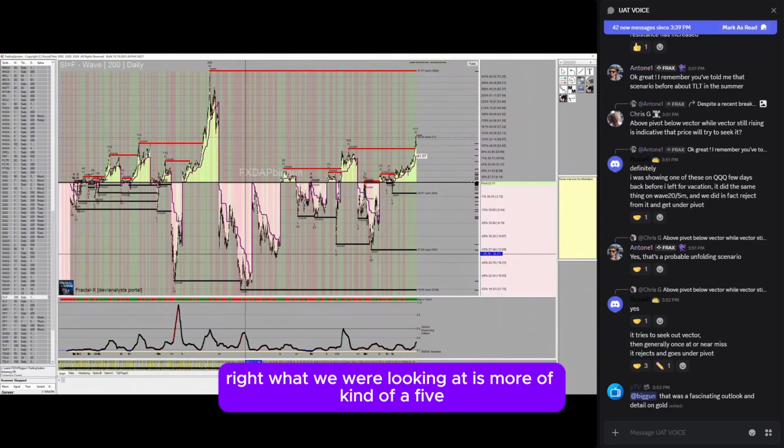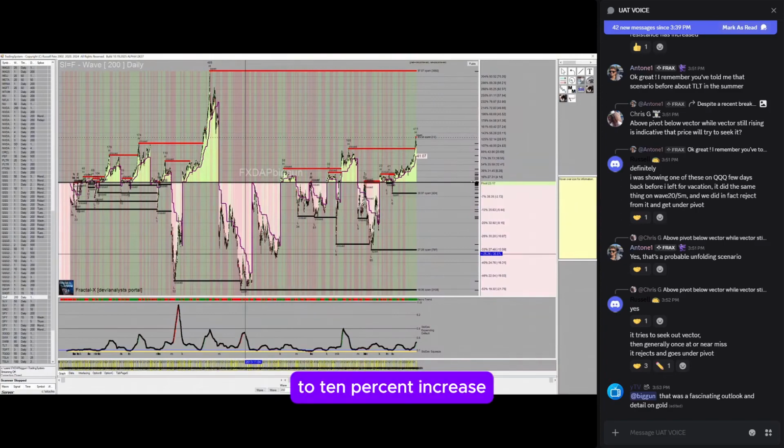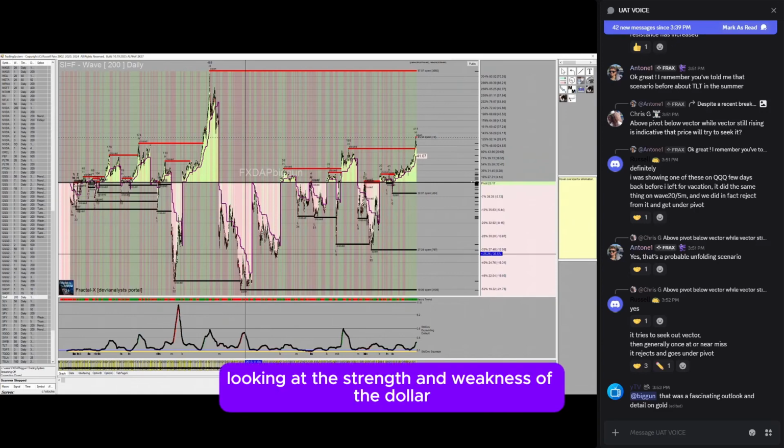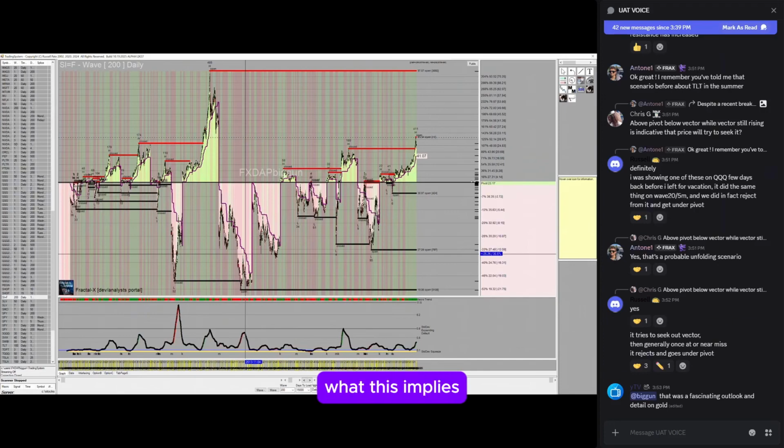What we were looking at is more of a 5 to 10% increase maximum in the dollar. It's very low instance that we get beyond that. You can look back at my dollar futures post for reference on the strength and weakness of the dollar. What this implies to me is that on this next leg up in metals, meaning this next surge of debasement, silver has the opportunity to outperform gold here,